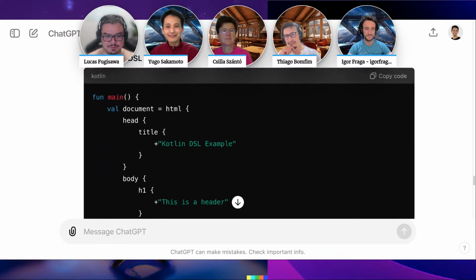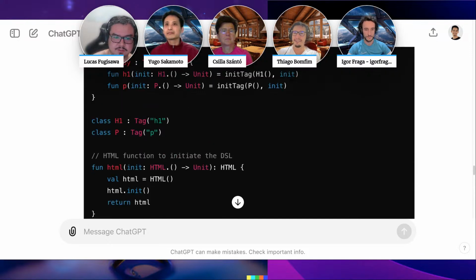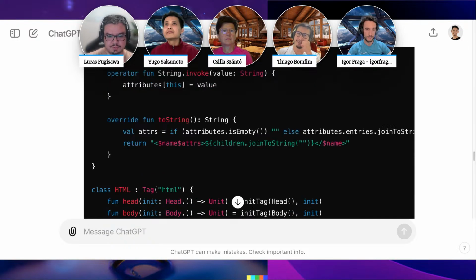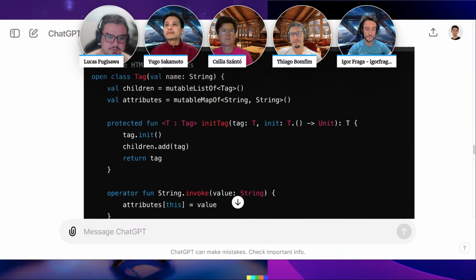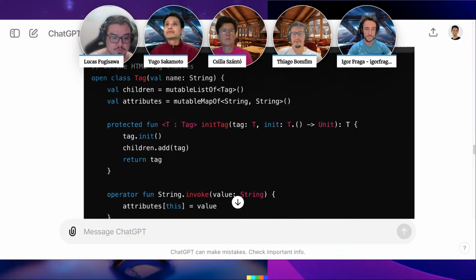What we are doing there is passing functions to functions, and those functions to other functions. HTML is a function, and head is a function, and title is another function. In the example, we are using just strings inside the tags, but we can just put in normal code also. It's a really powerful feature for creating DSLs,